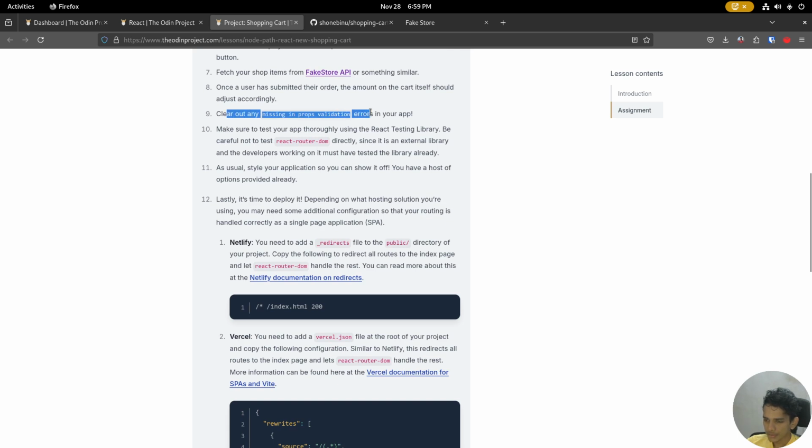And yeah, we should clear the missing prop validation, but I didn't have to do that because I didn't use JavaScript for this project. I used TypeScript. But before this chapter they told that we shouldn't be using TypeScript at this point, like it would take some overhead, and they said to focus on prop types to clear these prop validation errors. But I went with TypeScript because